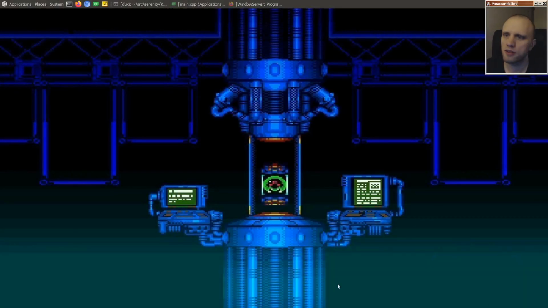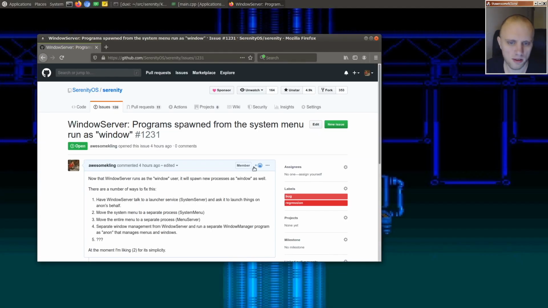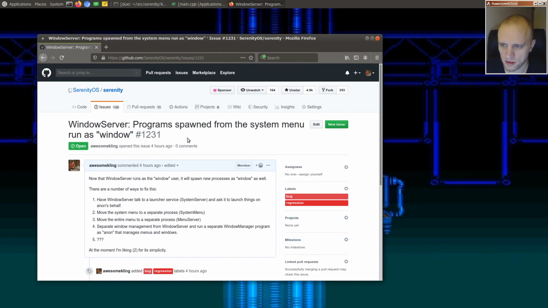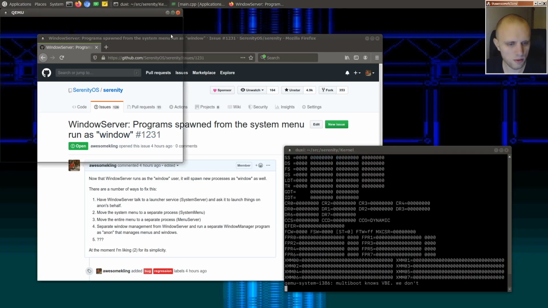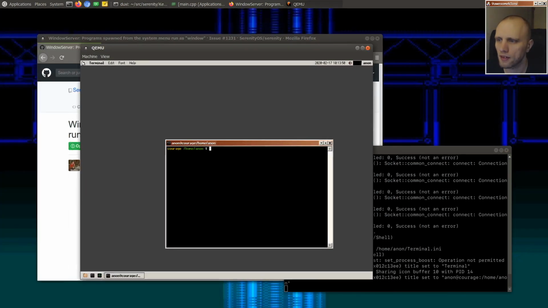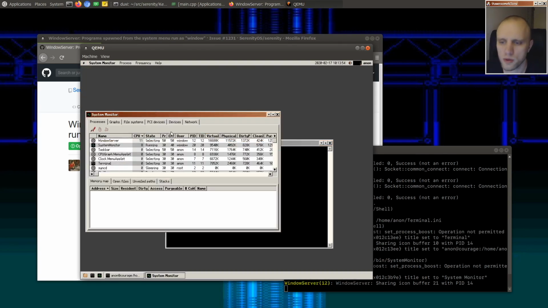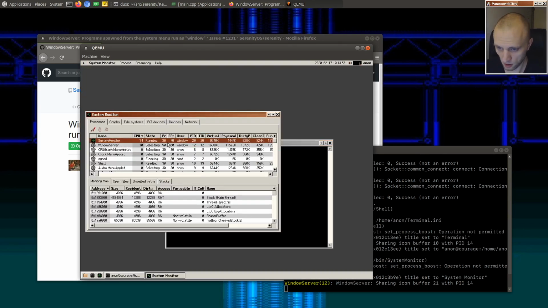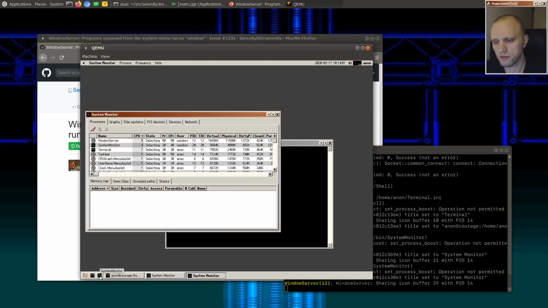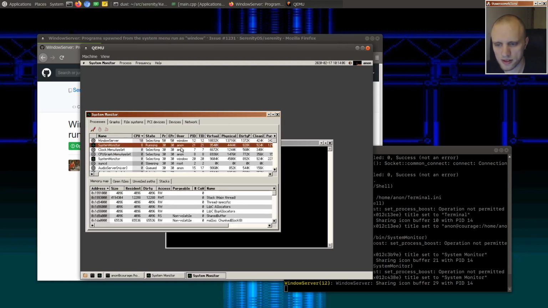Well, hello friends. Today we are going to fix a bug. So yesterday I caused this bug in the previous video, because now Windows Server runs as the window user, and because of that, anything that you spawn from the system menu up here will be running as the window user as well. So you can see System Monitor here spawned from the menu is running as window, whereas if I spawn it from the taskbar, I get a copy of System Monitor running as anon,